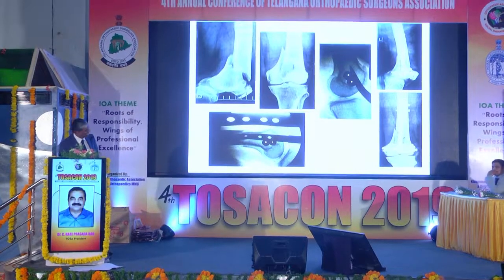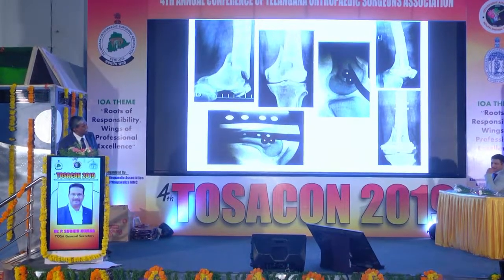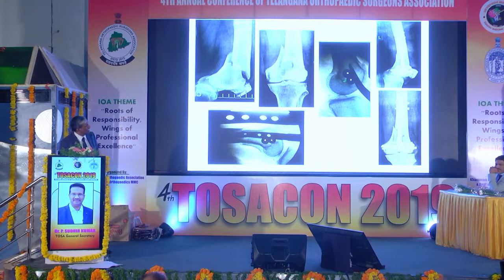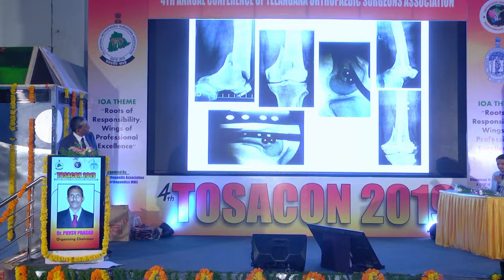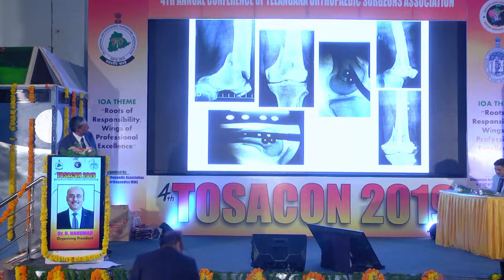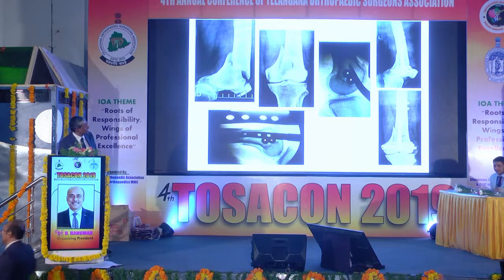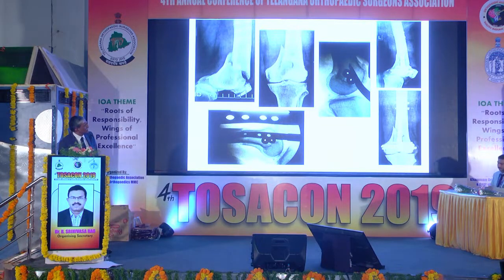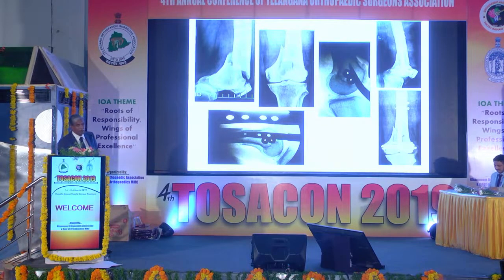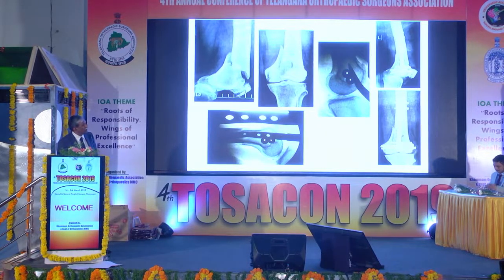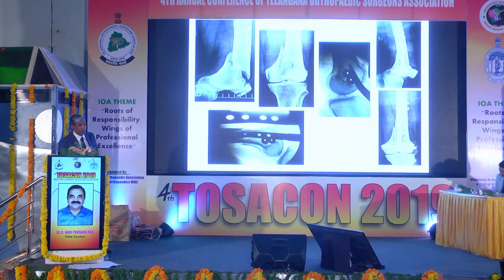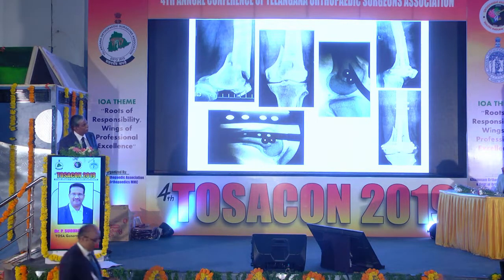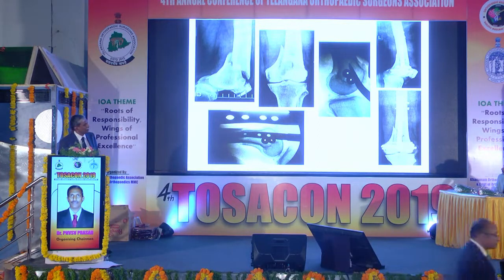I put 2 CC screws on the posterior aspect. This is a bit inferior, but usually I go a little superior because the fracture is a bit inferior. I have gone a bit inferior, but usually I put 1 screw here and 1 screw there. But here I have changed a little. But you can see 2 cat eyes there. That indicates your perfect positioning of the guide wires and the screws. You can see by modifying 1 eye in 1 screw, but if you can see 2, it is the perfect positioning of the guide wires and execution of the CC screw fixation.